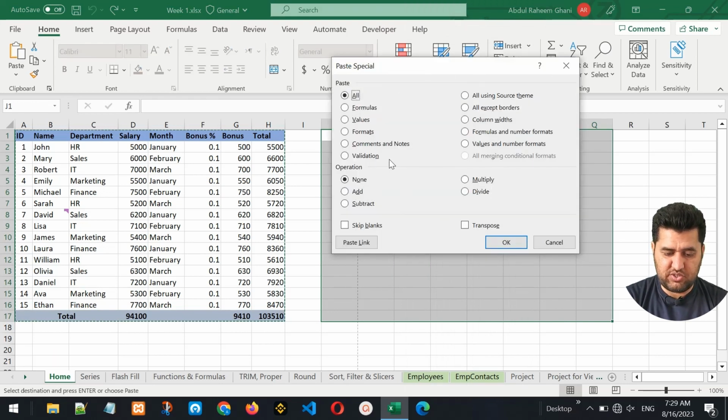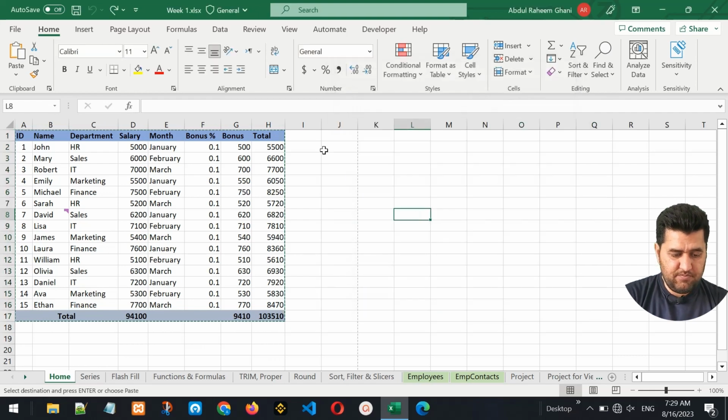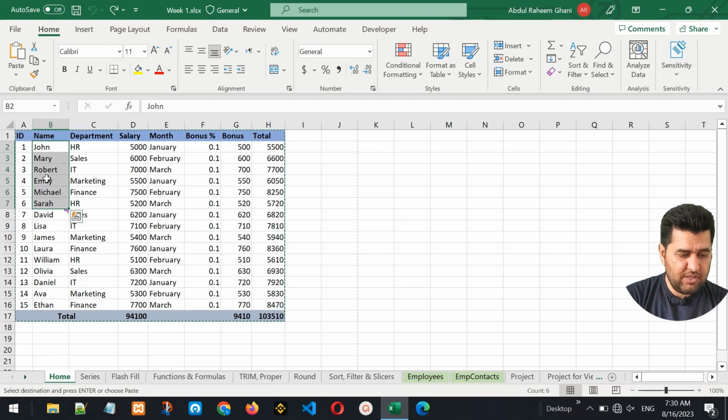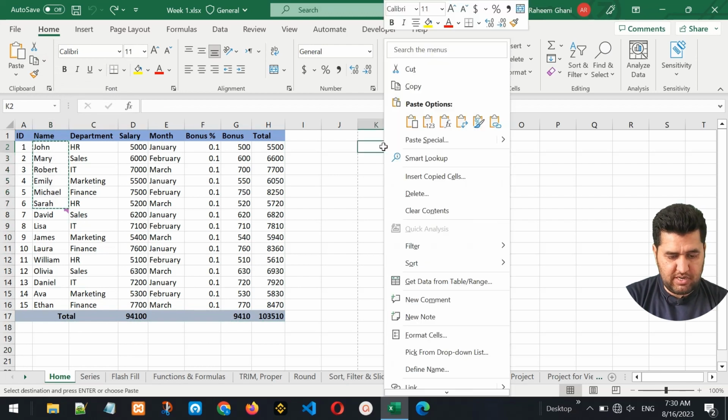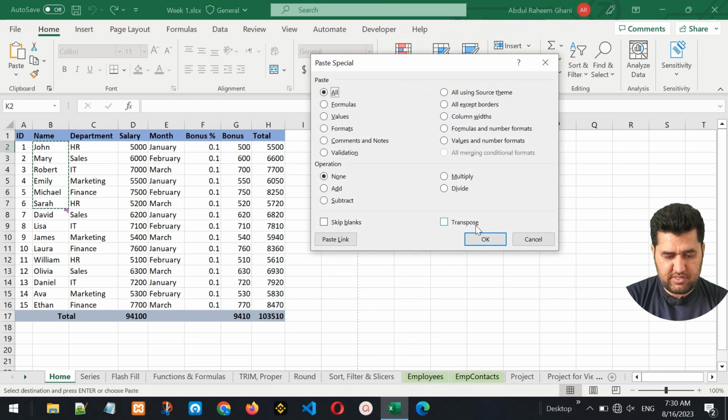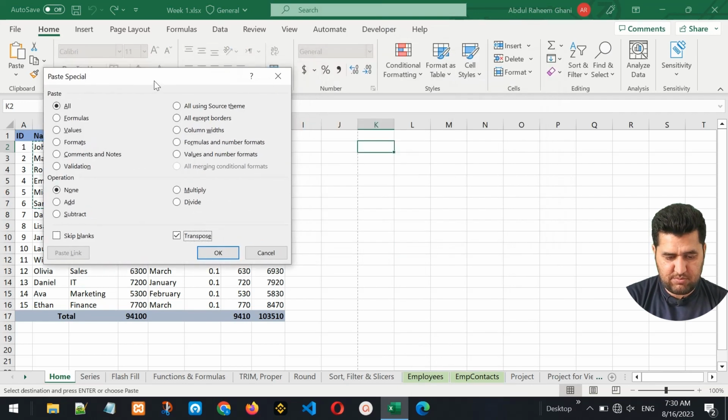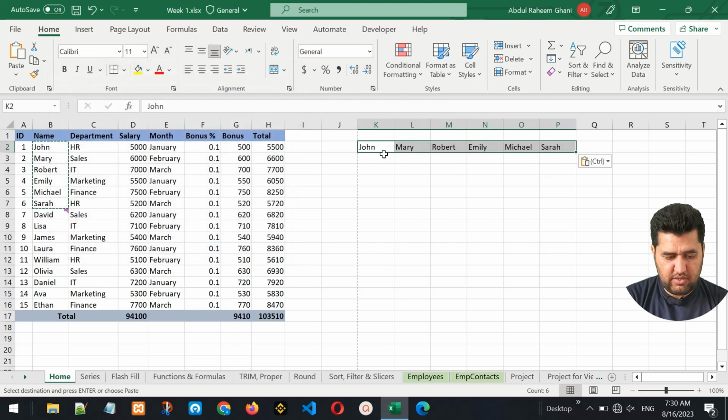We cannot do it all at once here, but I will show one more option, that is transpose. Let me click cancel. If you want to transpose a column into a row or a row into a column, we can paste it by the transpose command. For example, if I want to select this range of values which is on column B, I press Ctrl C or copy it from here. If I right click here and go to paste special, check this transpose option and click OK, it will be pasted as a row. We copied it from a column, but this is now pasted as a row